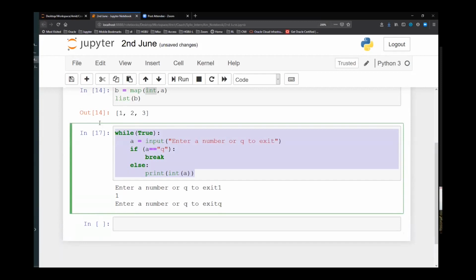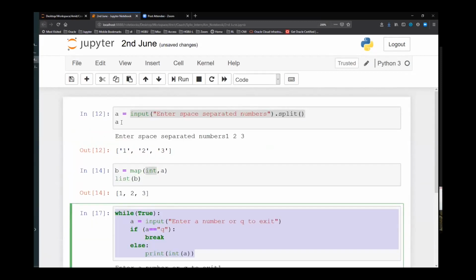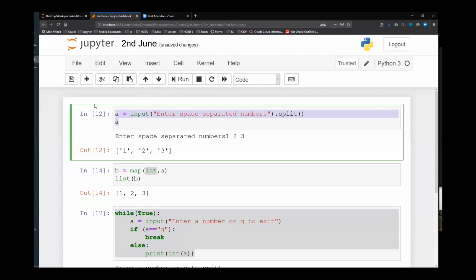But for a one line statement, these kinds of things are very handy. And similarly, you will need to tweak your code a little bit: the way you take the input, the way your parameters are passed, you have to make changes in your code accordingly.